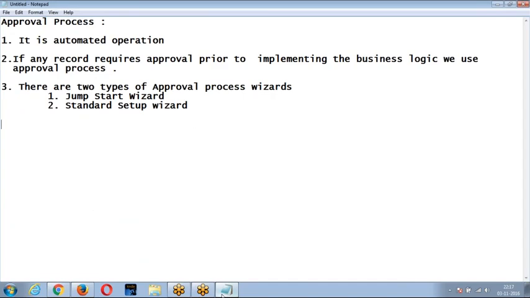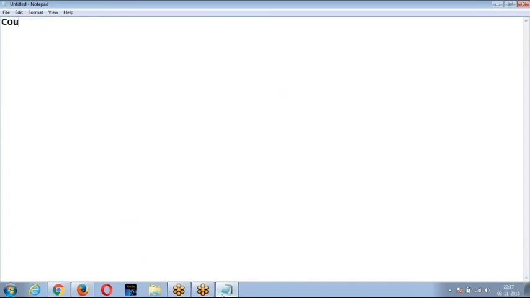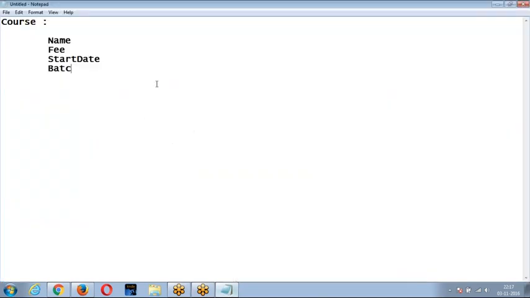I have an object called course, where I have the fields: name of the course, fee, start date, batch size.